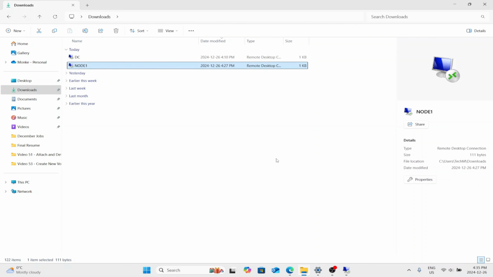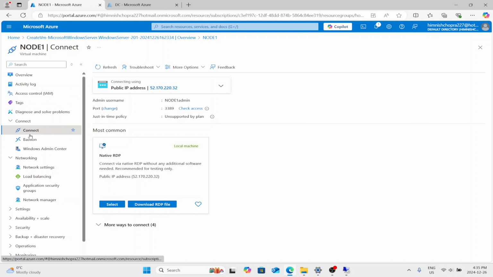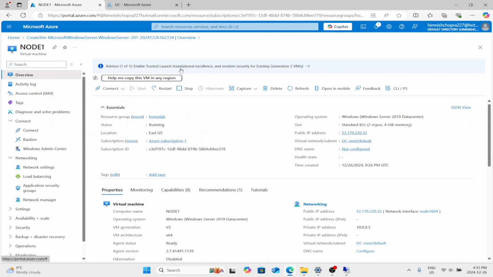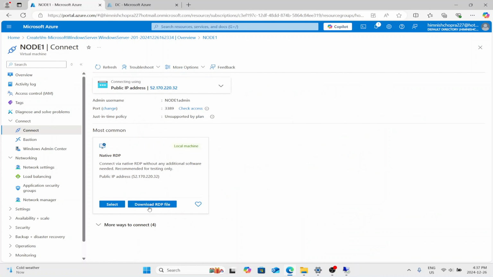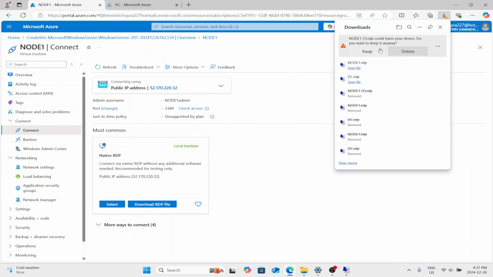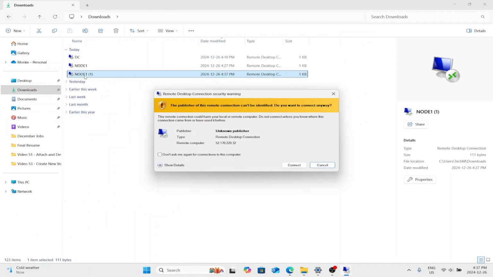We need to cancel and re-download the RDP file, but that's fine. It'll just take a moment. So we'll go back to node 1. Just wait a couple minutes and then we'll just try connecting again. So I'll go ahead and click connect. I'll download the RDP file. Go to my downloads, connect,